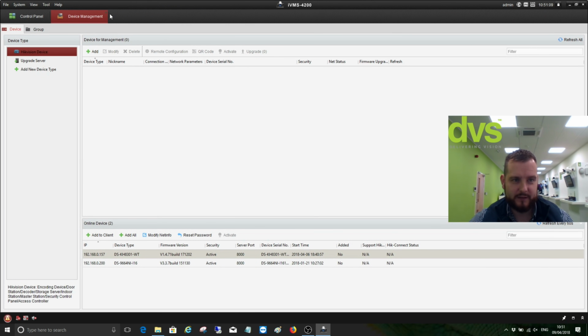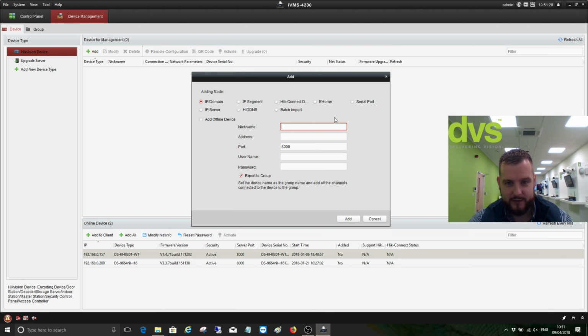First thing it does, obviously you'll see there's nothing added as device management wise, but it's scanning the network and it can see some devices there. So what we'll do first off is add a default device and we'll add the demo room device, so we call it DVS demo room. We'll add it by 192.168.3.30. It's port 8001, username is admin, and the password. If you leave export to group ticked, it'll create a group based on the nickname and import all the channels. So if we click on add,